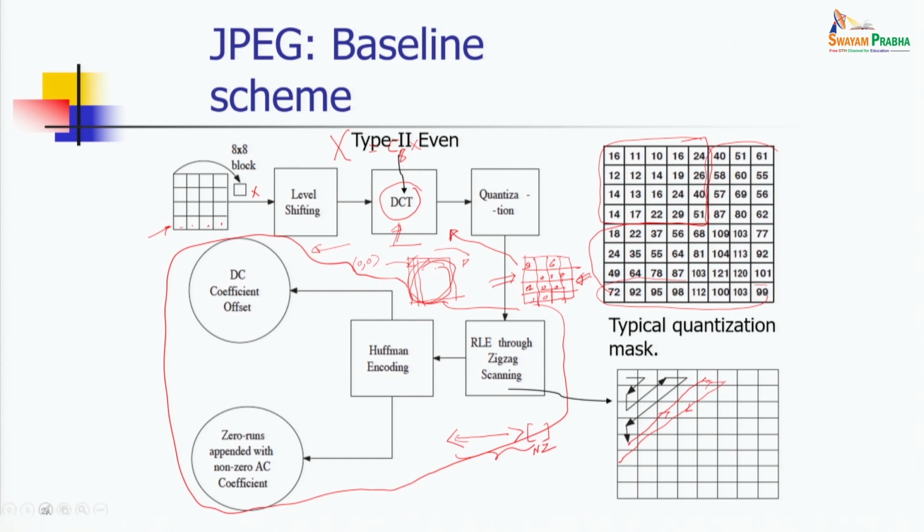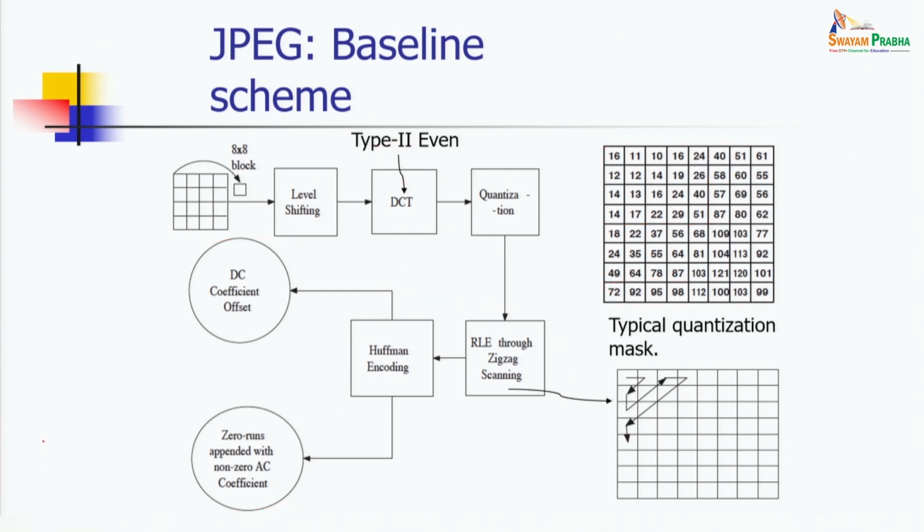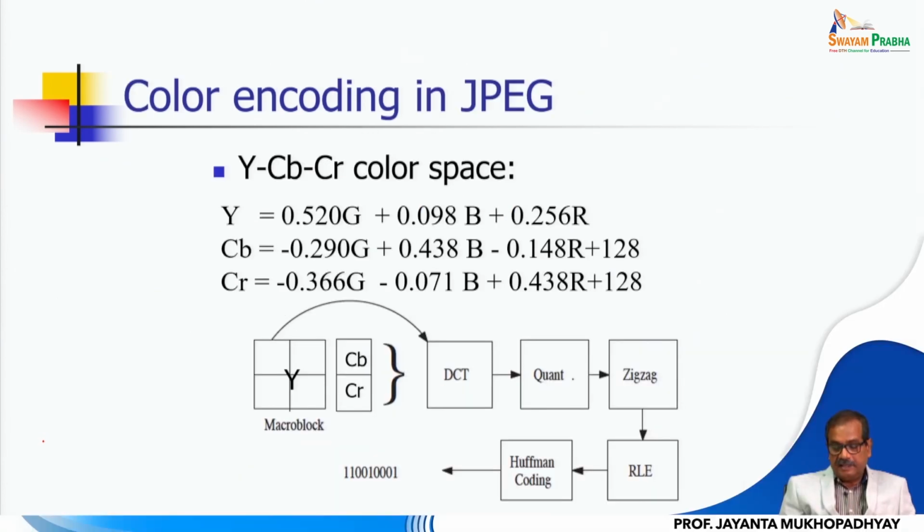So, as I was mentioning, in the compressed domain you simply avoid the overhead of forward and inverse transform. There is another thing that you should know about JPEG compression. What happens to the color images? I just mentioned a particular image, which means a particular channel of a color image. If it is a black and white or gray level image, the algorithm which runs is the same. But for color images, what we do is, instead of